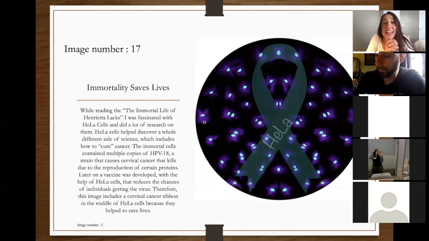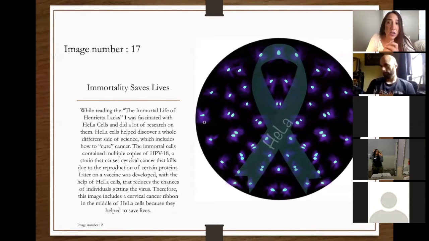HeLa cells, well, I don't know if you know about these cells. These are Henrietta Lacks cells. Those are the first cells that were isolated and cultured from humans and cultured in a petri dish, in a laboratory, okay? So the description of this image is,